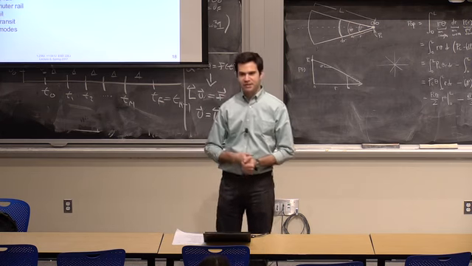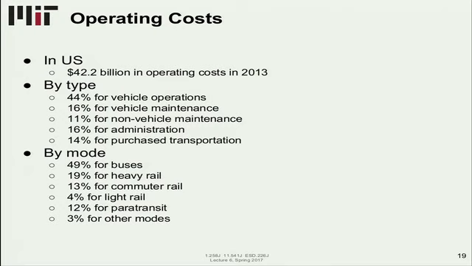Okay, now let's look at operating costs. We've been talking about capital costs. Let's look at operating costs. So in the US in 2013, we spent $42.2 billion across the industry. And if we divide that by type, about 44% was spent in vehicle operations. And the rest of it was more or less evenly distributed between vehicle maintenance, other kinds of maintenance, like facility maintenance,